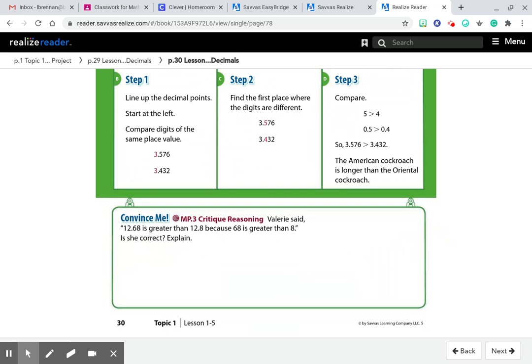So 3 and 576 thousandths of a centimeter is larger than 3 and 432 thousandths of a centimeter. Down in the bottom in the convince me, Valerie said 12 and 68 hundredths is greater than 12 and 8 hundredths because 68 is greater than 8. And she is incorrect. So remember, when you line up your digits in place value,